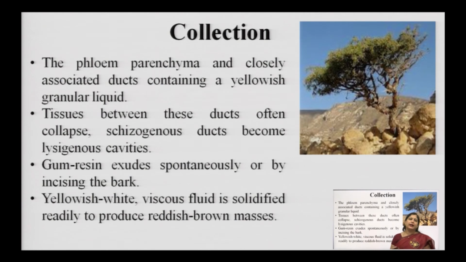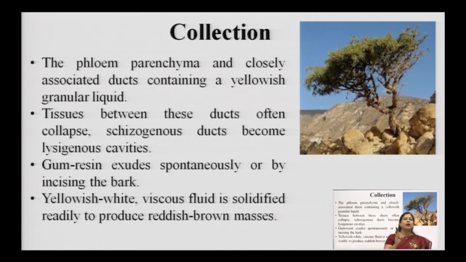And for the collection, basically you can see that it is produced from wild plants, it is not cultivated. So, in the wild plants, basically in the trunk part, there is the phloem parenchyma, and this phloem parenchyma is closely associated with certain ducts of the schizogenous cells. Okay, schizogenous cells are those cells from which the resin is produced. So, these ducts are adjacent to the phloem parenchyma, and there it has the yellowish